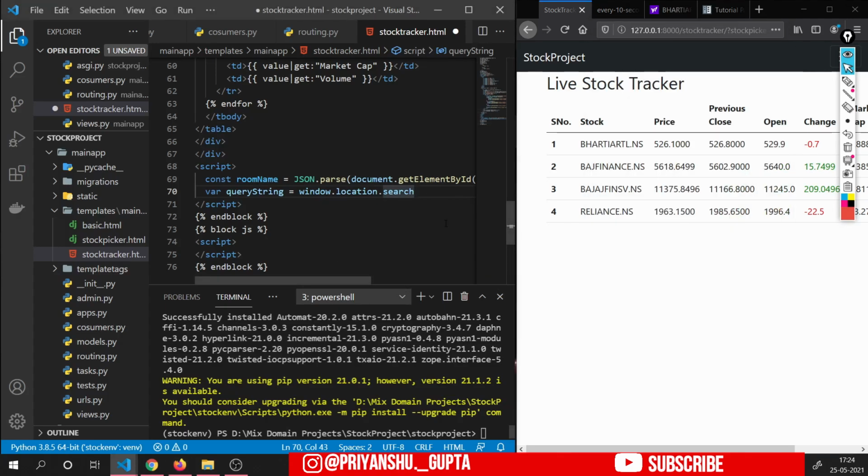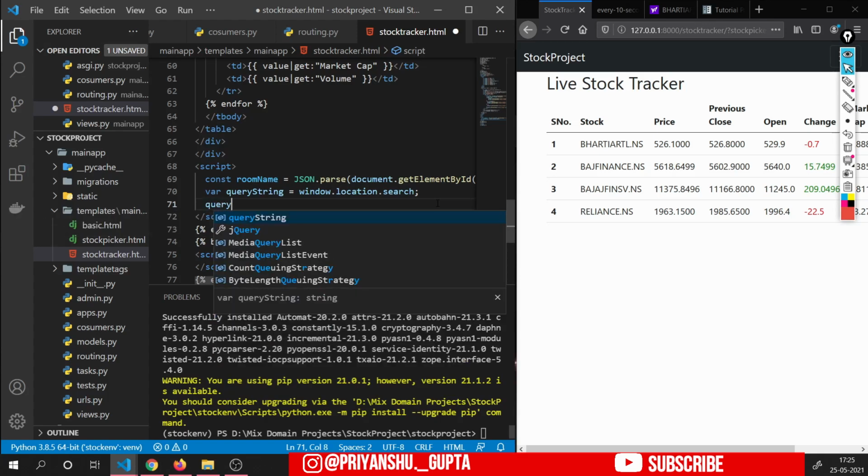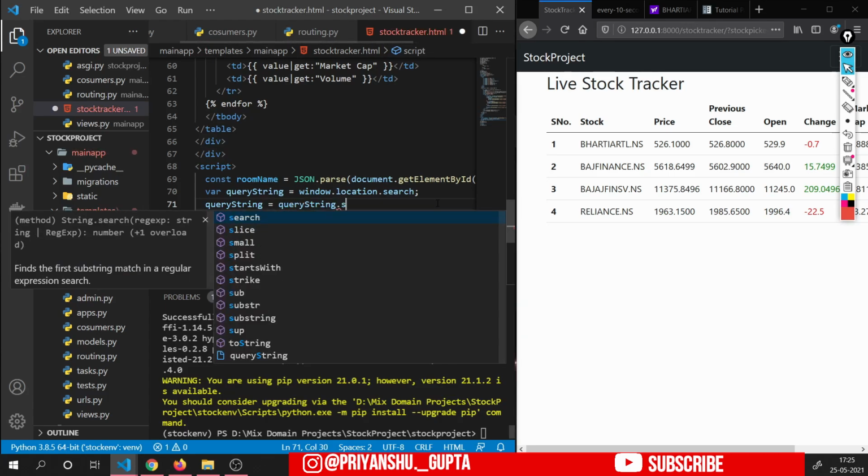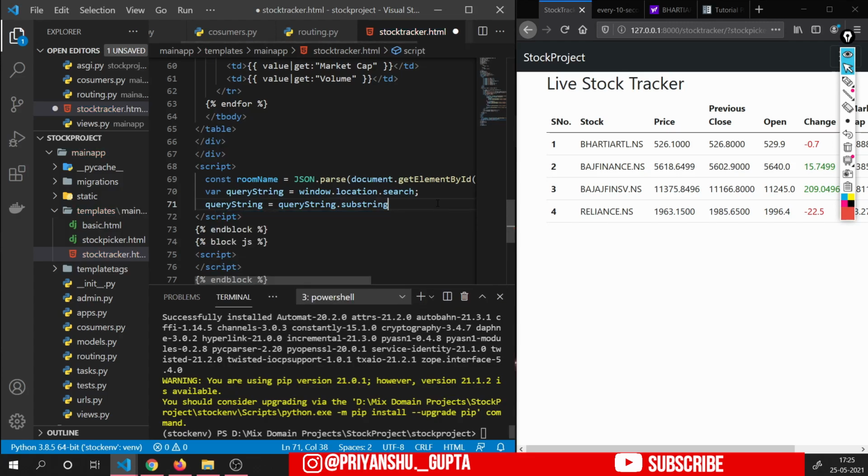So window.location.search, we will parse all those arguments here to queryString, and then queryString equals queryString.substring(1), and then we will console.log queryString,